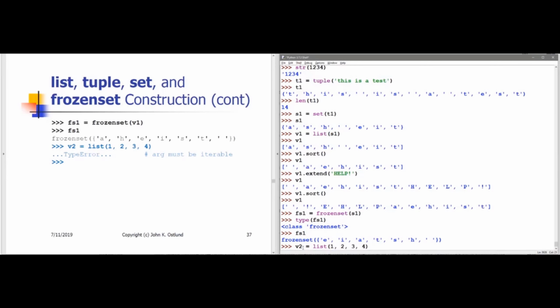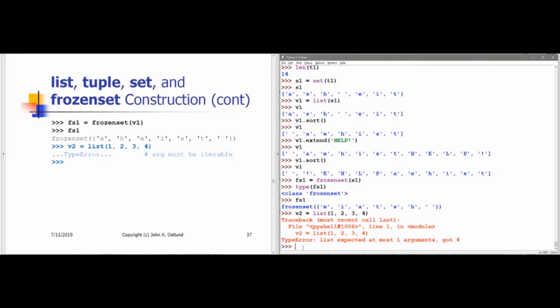That seems like an obvious thing to want to do, but the integer 1 is not an iterable, and the integer 2 is not an iterable, so I'm going to get yelled at here that this is not appropriate. The list construction function only wanted one argument, but I gave 4 individual int arguments. I can patch this up